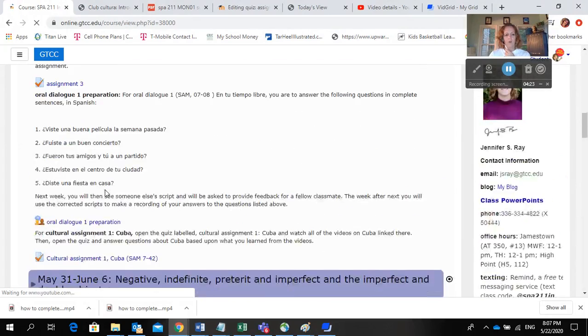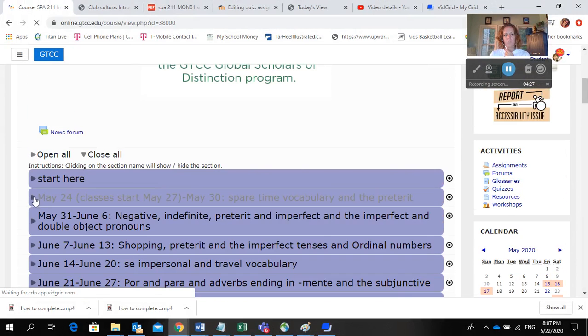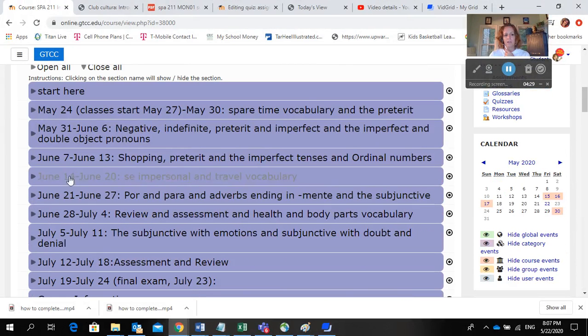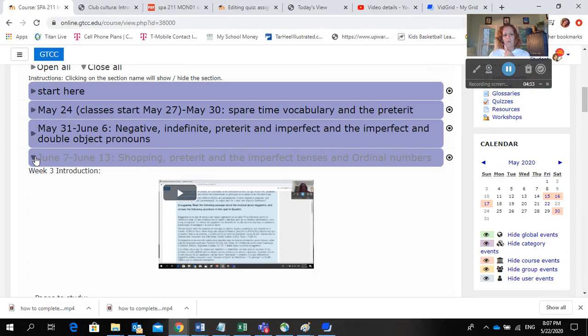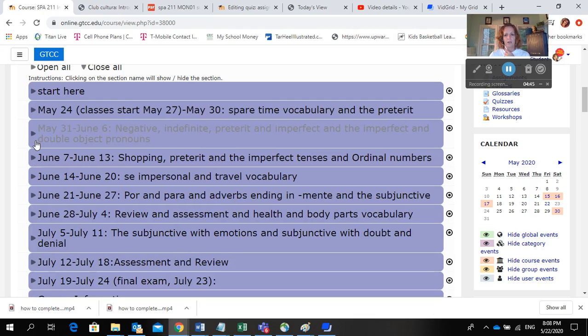Okay, and that'll be for all assignments. Now, this is something new that I'm doing, and it's a little bit time consuming, so I will only have 2 weeks done at a time. You can see everything, but the assignments are all there, but all of the helpful instruction that I'm trying to create for you guys is not there. So I suggest just doing 2 weeks at a time and then